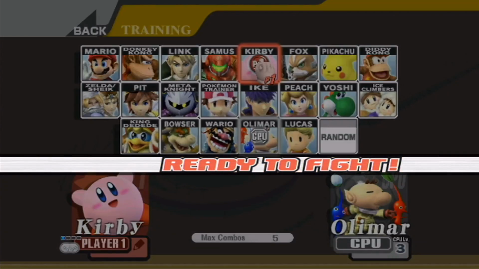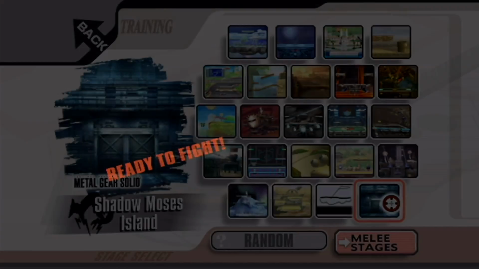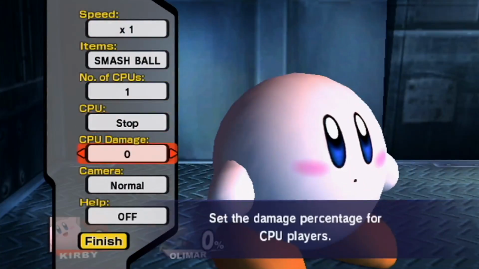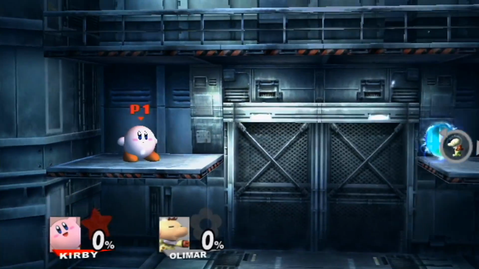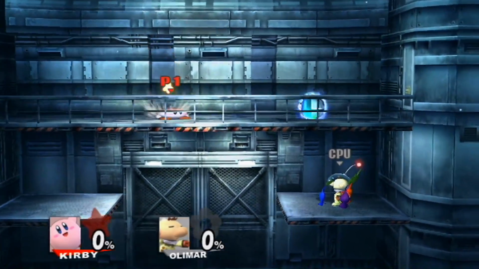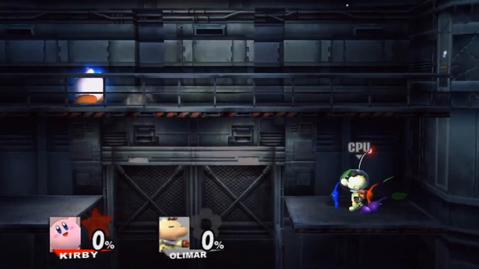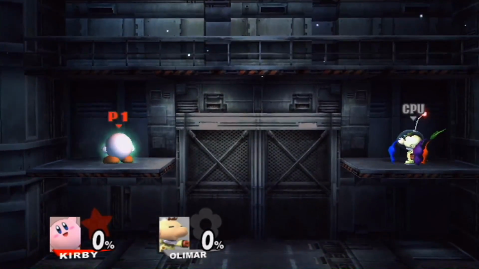The second Kirby glitch I've got for you guys today is called the Lots of Items glitch, and it'll become apparent why it's called that any moment. What you want to do is select Kirby and Olimar as the characters, and then make Kirby grab a Smash Ball. You want to make Kirby use the final smash, and use Olimar's neutral special move to throw Pikmin up